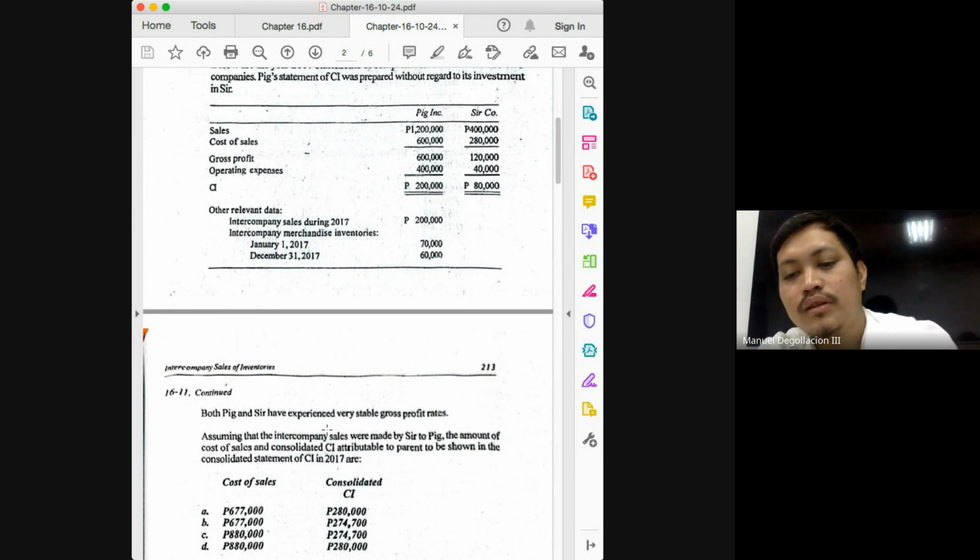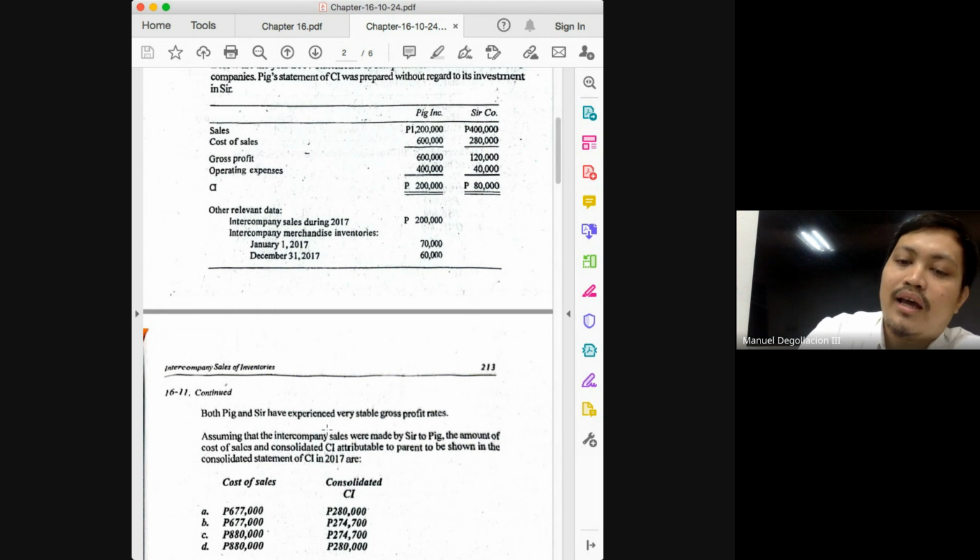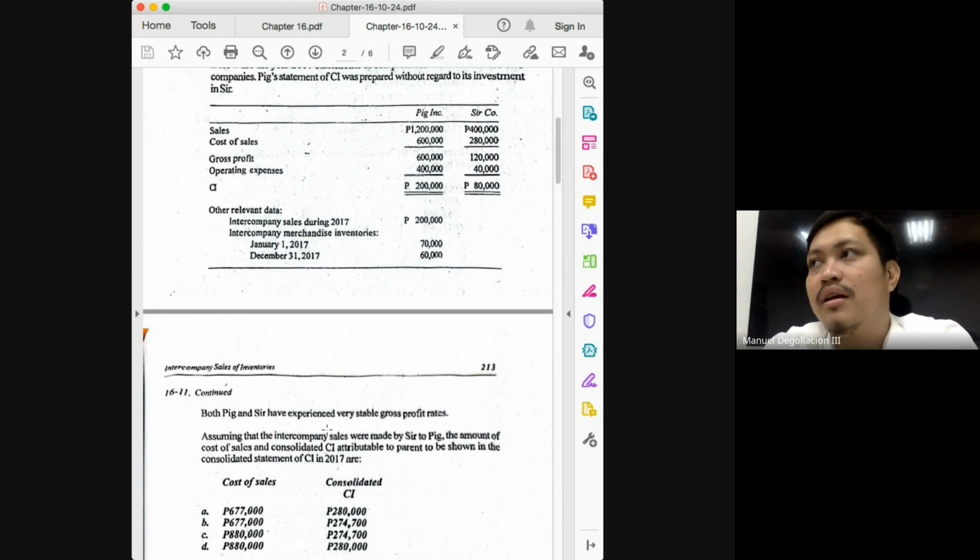Let's check. But what is being asked here? The consolidated income attributable to the parent. So that means the amount that we will look for is the amount after deducting the share of the NCI. Okay, first, get the consolidated income. And again, what are the two things you need to solve for consolidated income? Income of the parent from its own operations and adjusted income of the subsidiary. Class, if you're not fed up with those two things, I don't know anymore, class. It's always those two things.